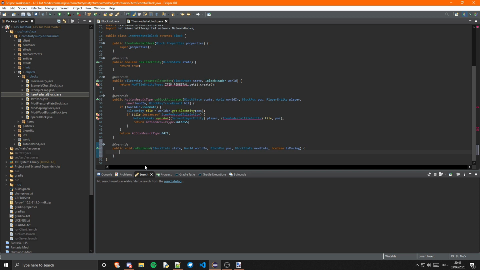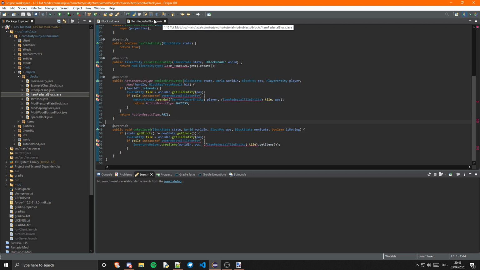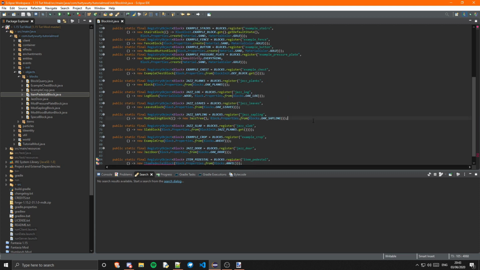Then we want to go ahead and override the onReplaced method. In here we want to first check that the state.getBlock is not equal to the newState.getBlock. Then we want to get the tile entity at the pos. Then we want to check that the tile is an instance of our tile entity. If it is, then we want to use the method InventoryHelper.dropItems. This will take in the world, the pos, and then it will be our tile entity cast to tile, and then we'll use the .getItems method on that. Okay, now that is it for our block class, so we can go ahead and close that,